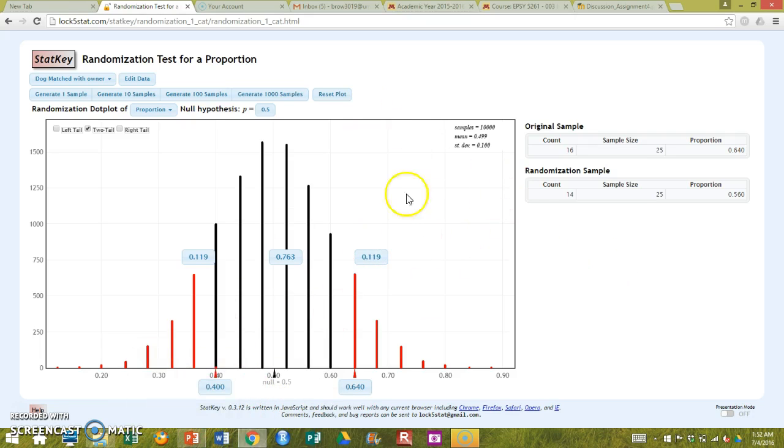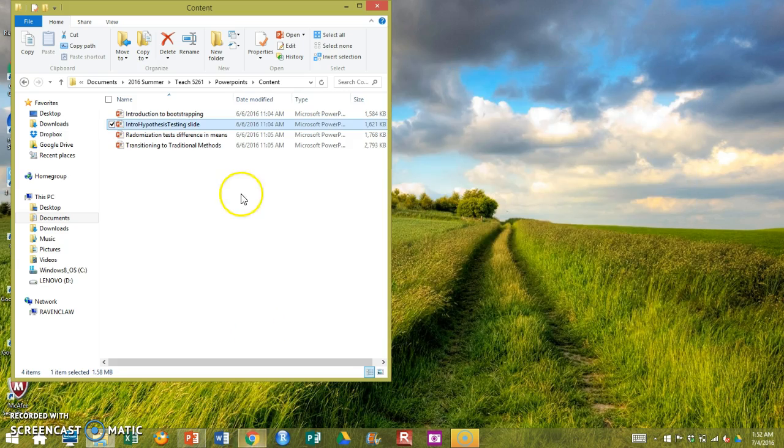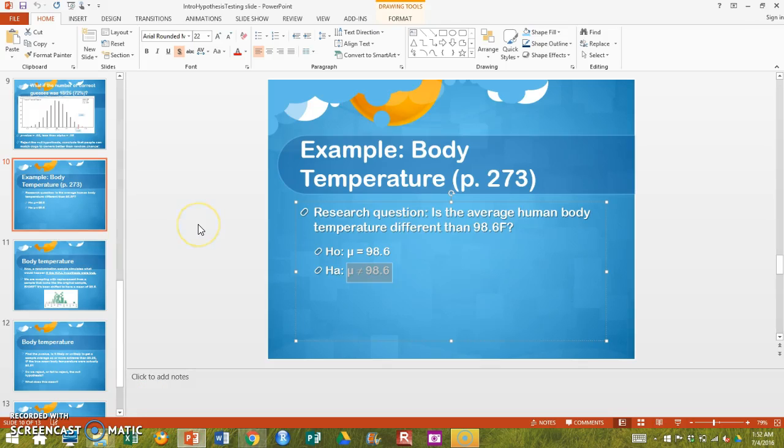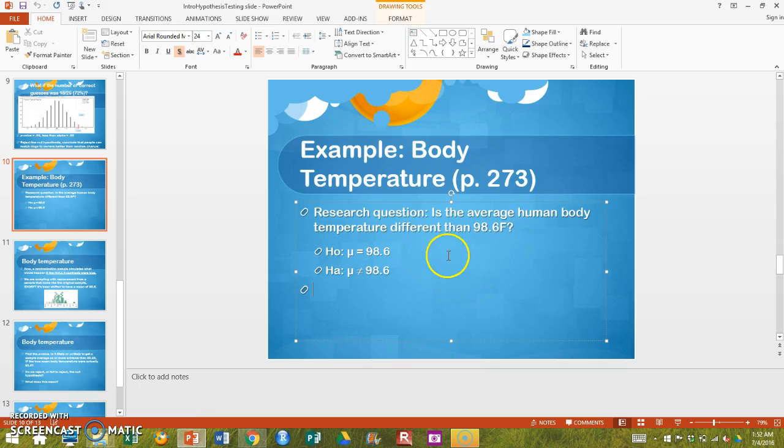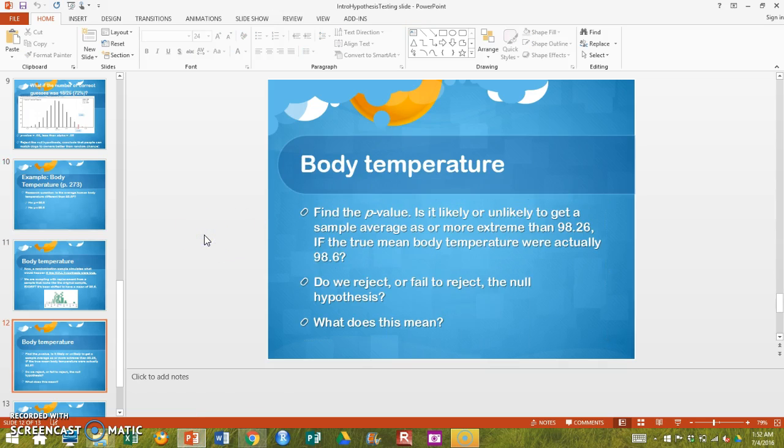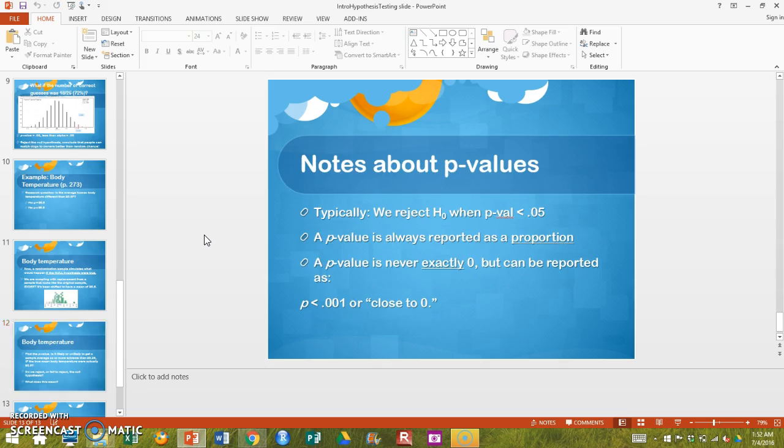So what I'm saying is, when you do this body temperatures example, since our alternative hypothesis is that the mean population body temperature is not 98.6, we have to check symmetrically our observed result in one direction and whatever the same distance is away in the other direction, and add up those two tails for our total p-value. And I can explain more of that as we get to the activities. So that's what that will be.